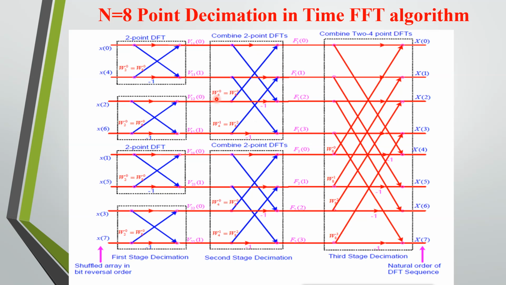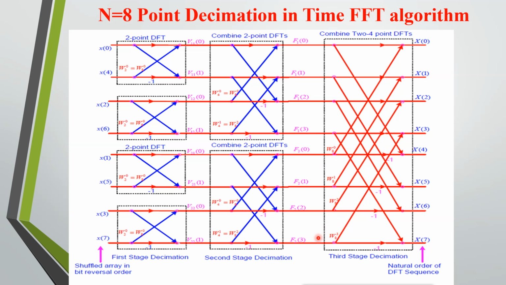Also in front of the line you write the twiddle factor W of 8 raised to 0, W of 8 raised to 2. Same procedure here. And in the third stage, the base of the last 4 lines should be written by -1, and the twiddle factors here are written as W of 8 raised to 0, W of 8 raised to 1, W of 8 raised to 2, and W of 8 raised to 3.